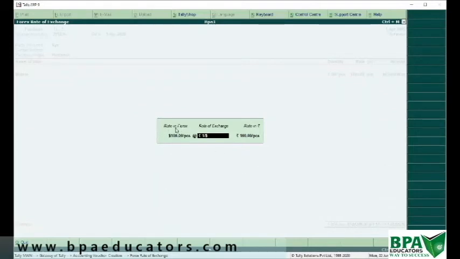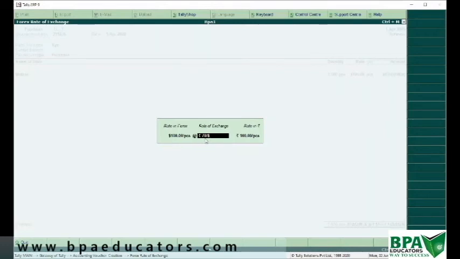Here it is written as rate in forex, foreign currency. So the rate in foreign currency is $100, but what will be the rate of exchange? That is, how many rupees will make $1. So I'm writing 70 rupees will make $1.